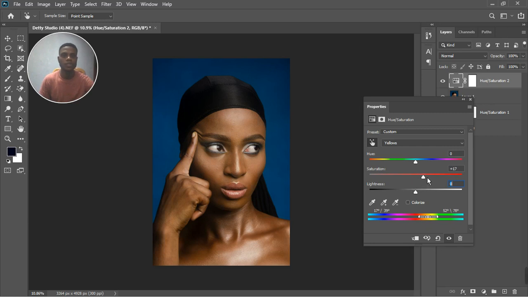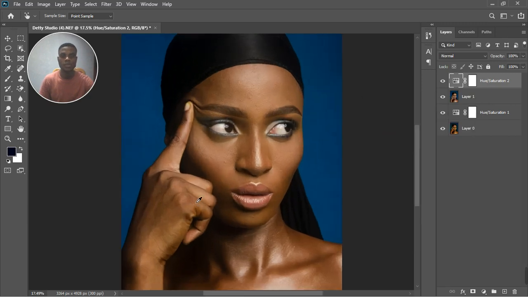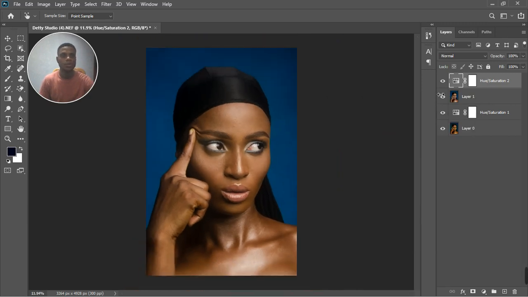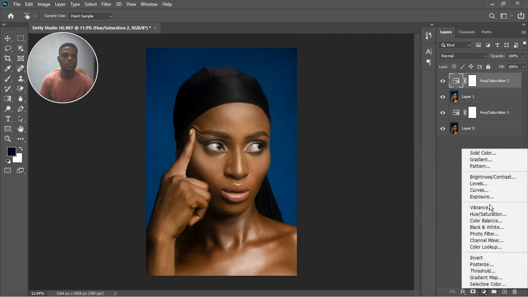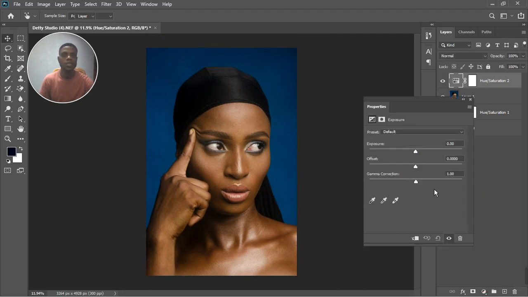All right, so it's actually the saturation. Increase the saturation, and let's see before and after. So that actually worked pretty well. So we can see before and then after. So let's go back, create one more exposure tool,